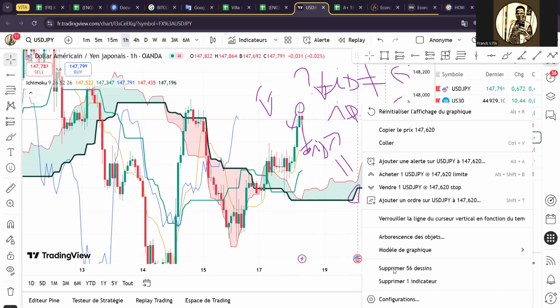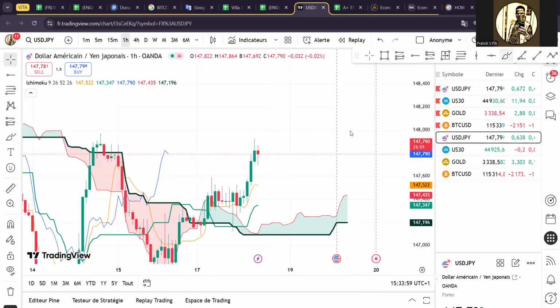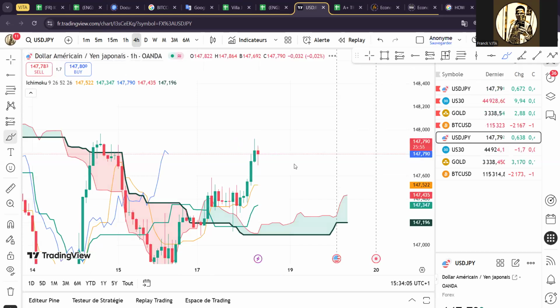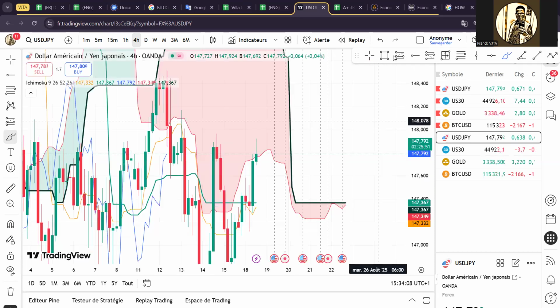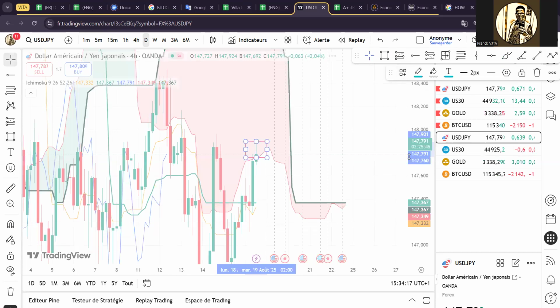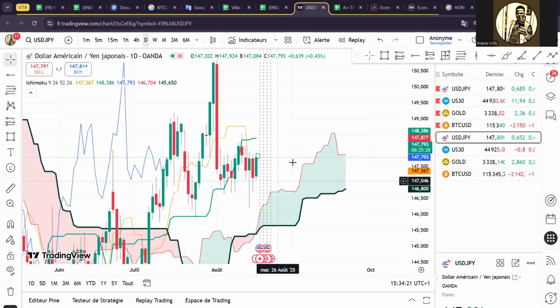So you always trade with the instant direction, and that's what matters. So now, if you want to take a reversal here, what do you need to take into consideration? You go to a higher time frame, and you will see that you have a setup, an H4 SSA setup here, which is not the first SSA setup, and then a Tenkan